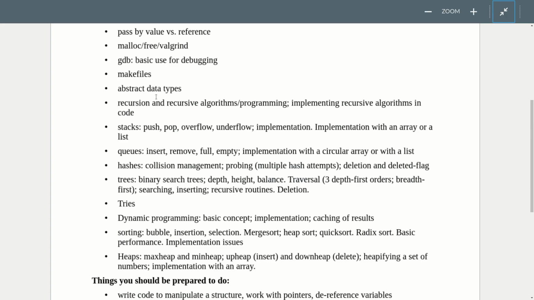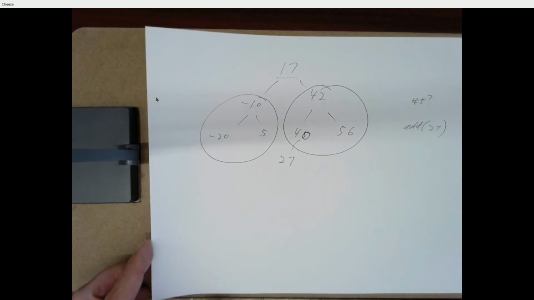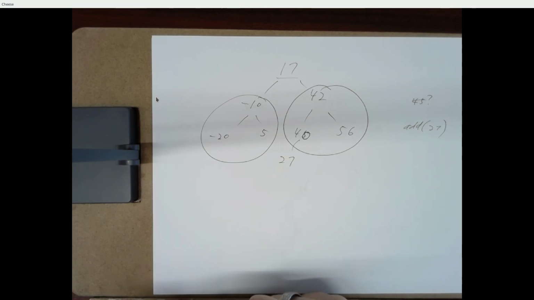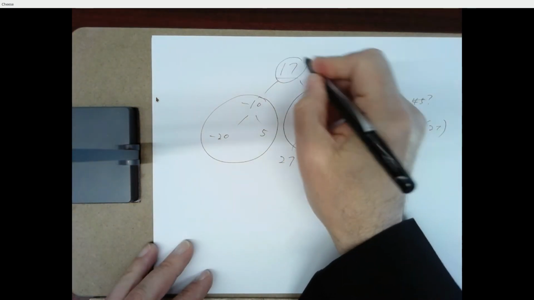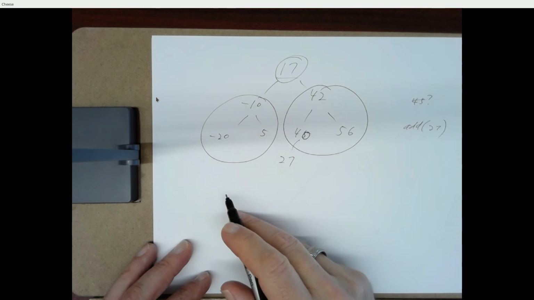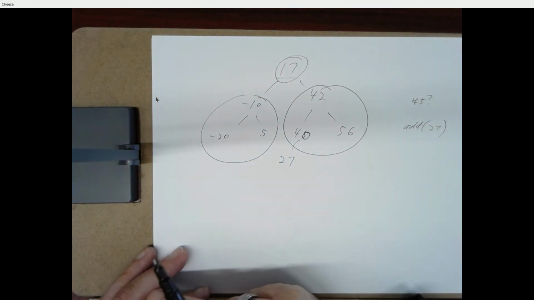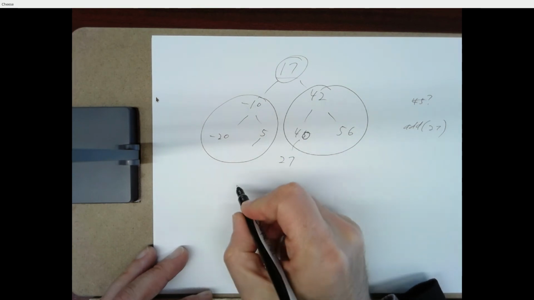All right, and then deletion. So deletion, I'm going to stick to the algorithm that we used in the PA and that we used in lecture, which is if you want to delete the root, find the largest node in the left subtree, move that to the root. Okay, and moving that to the root means